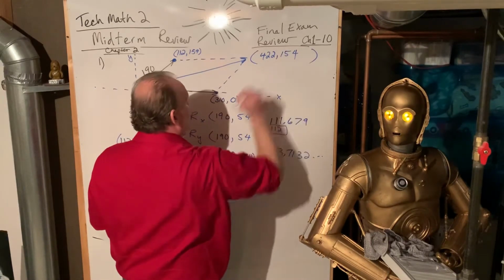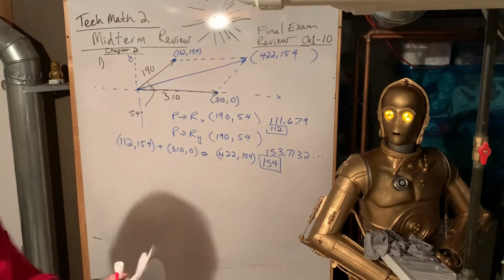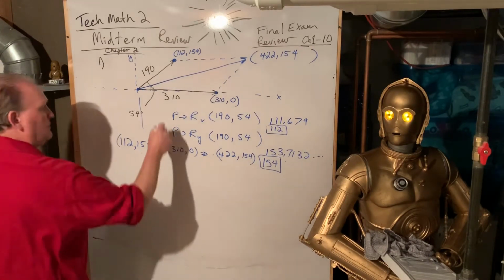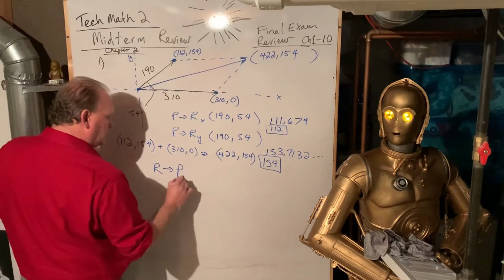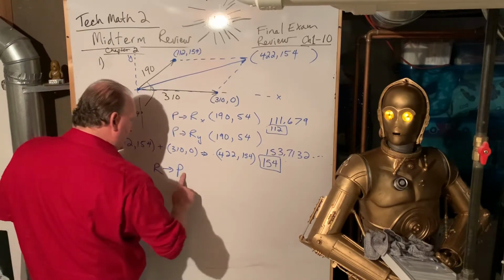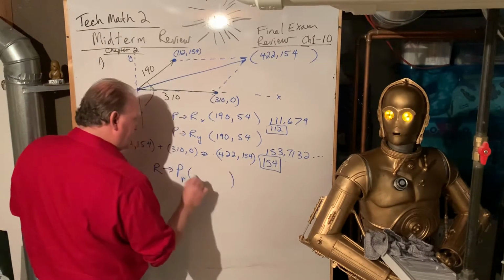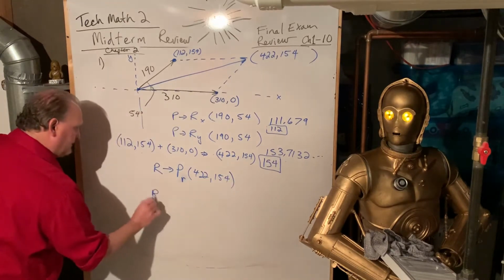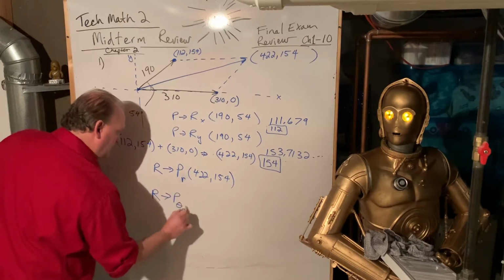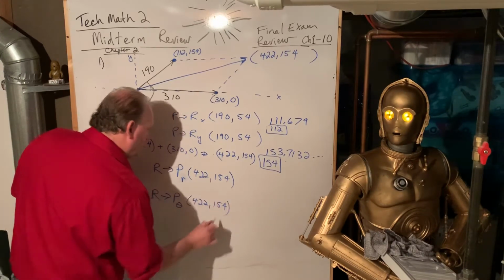But that's not how they want it reported. They don't want it reported as an x, y. So now we're going to take our calculators and go back the other way. We're going to go from rectangular to polar and find the resultant vector, 422, 154, and we're going to go from rectangular to polar, theta, 422, 154, and so